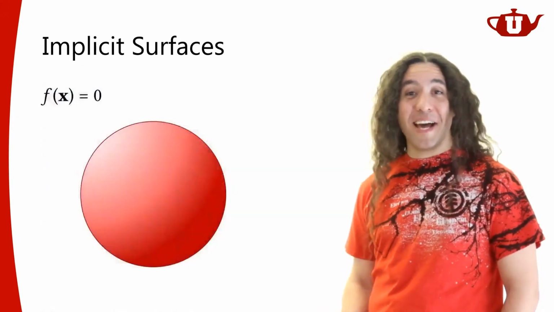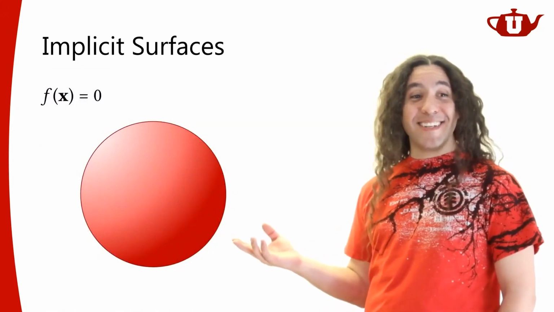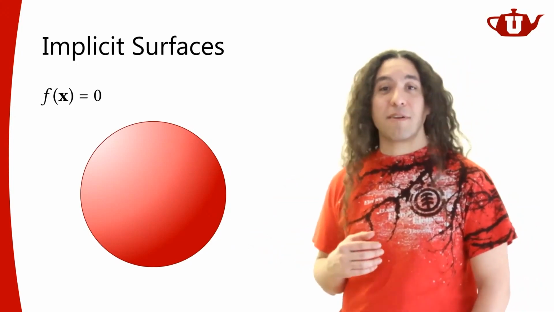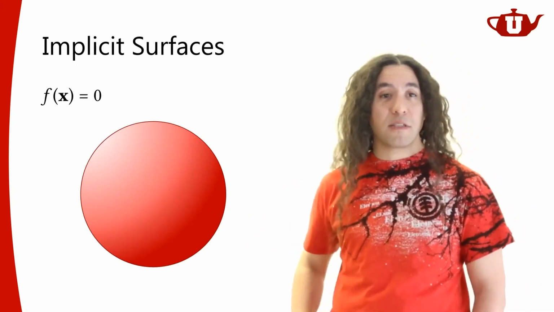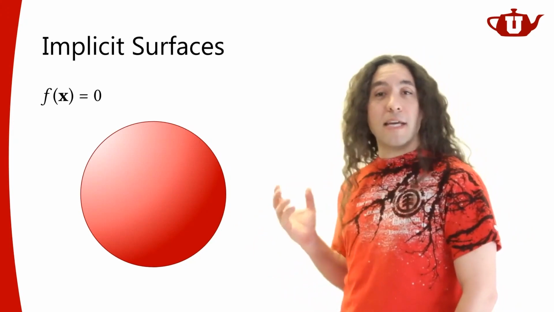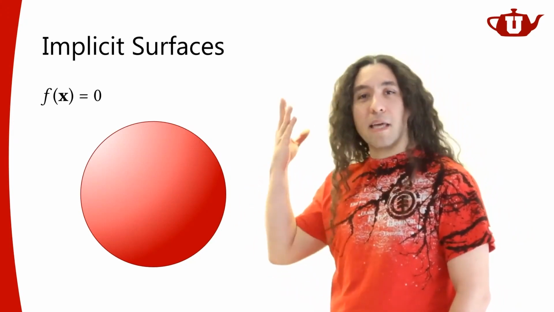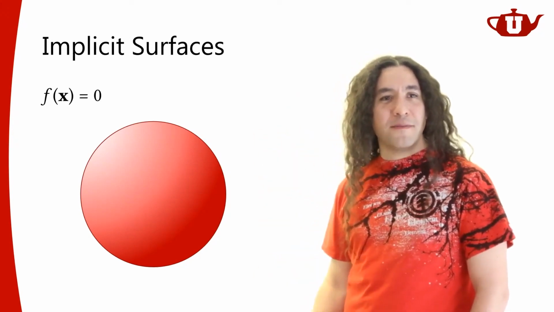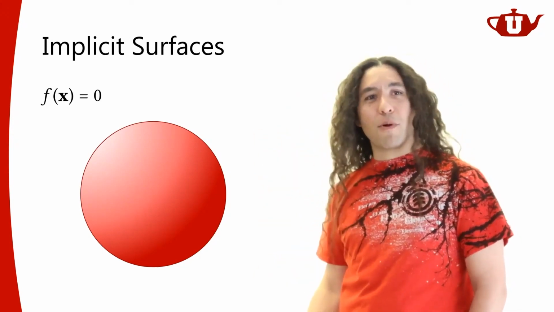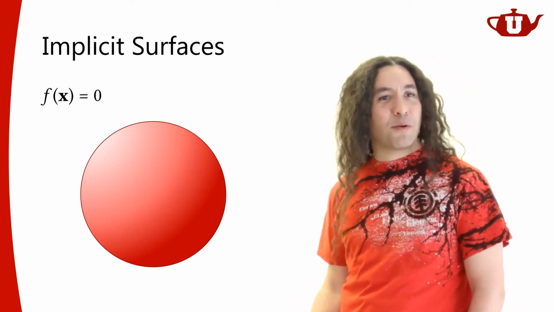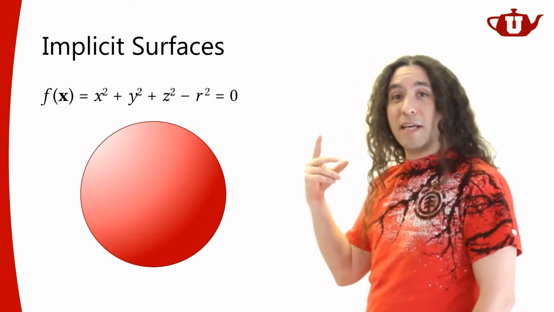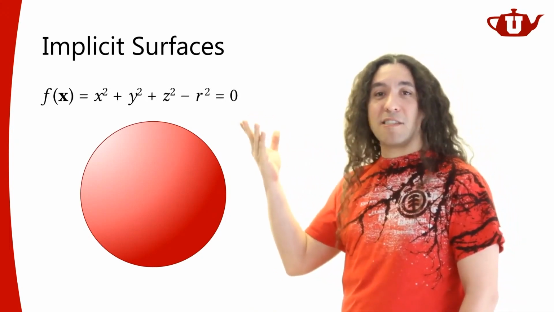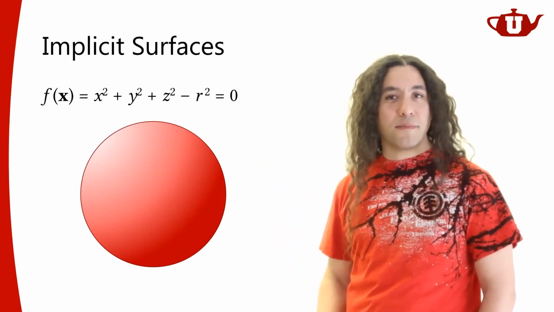Well, here's one. How about a sphere? So we have a lot of ways of representing spheres or approximations to spheres in computer graphics, but nothing is as perfect as the implicit formulation. So, what's the formula for a sphere? You have to remember x squared plus y squared plus z squared is equal to r squared, right? If you write it in implicit form, it will look like this. This is a sphere centered at the origin.